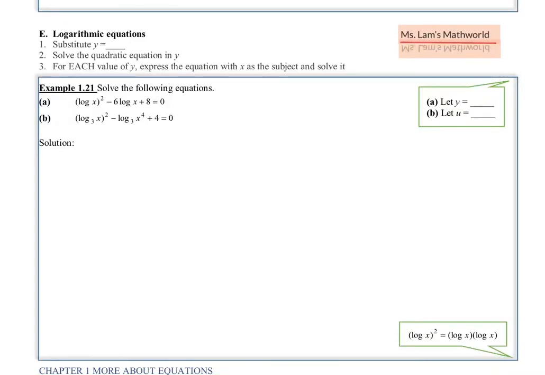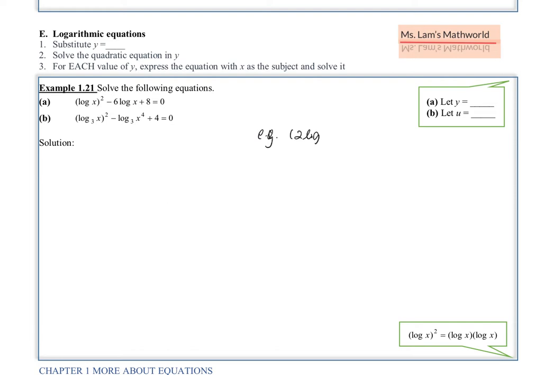Today we're going to discuss the way to handle logarithmic equations. First, before we start, you need to be careful of the presentation of the bracket log x. Alright, so for example,